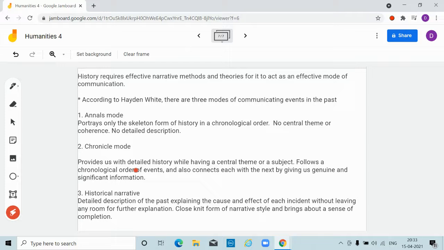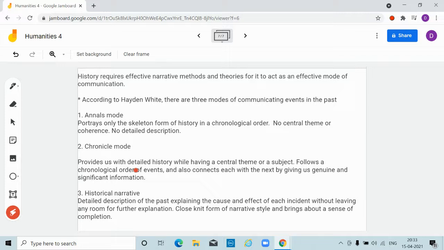So you are again given details as to who killed Gandhiji, where was he killed, where did the assassination take place, when the assassination took place. So you're given again details. So, such details are given, significant information is provided to the reader in the chronicle mode.